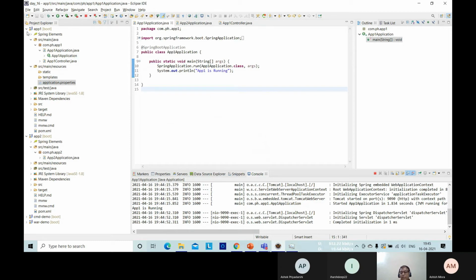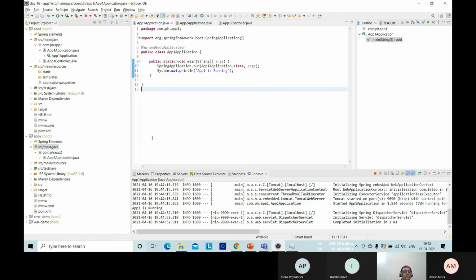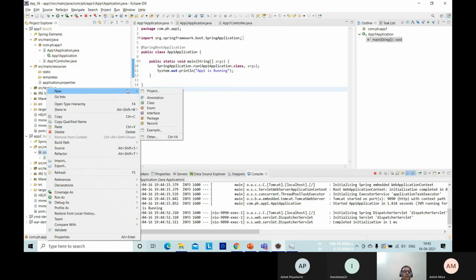Now we need to create one controller in this app2 also. So we will do the right click, create a new class. Sorry, हाँ कहीं भी यहाँ भी कर सकते हैं.